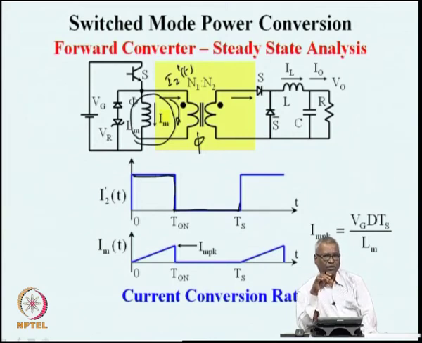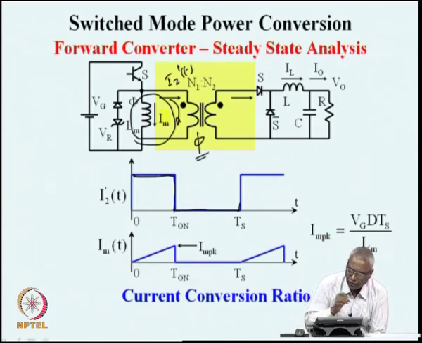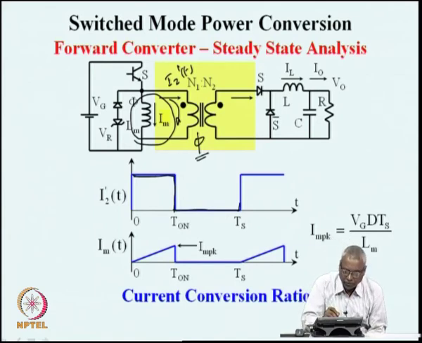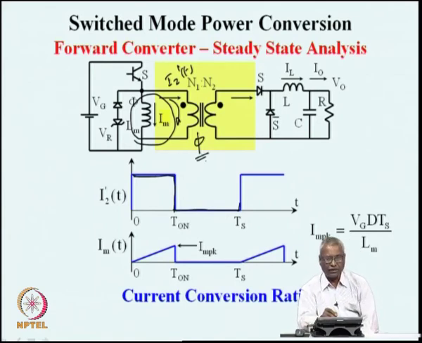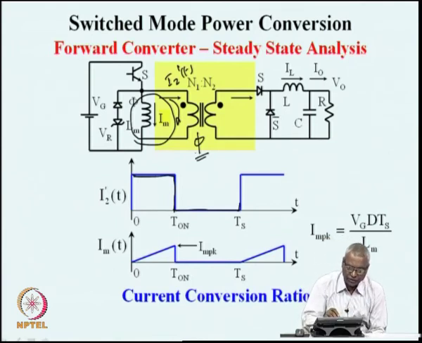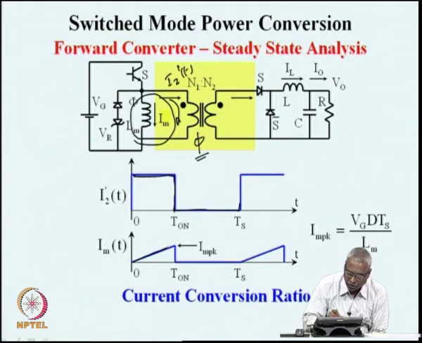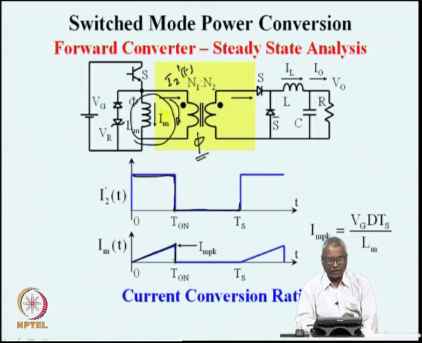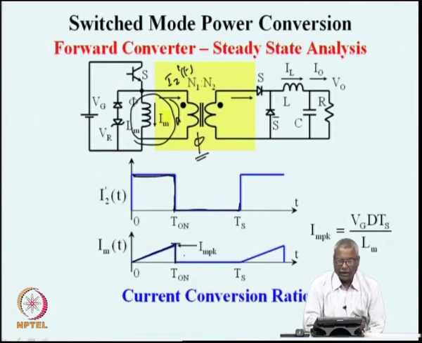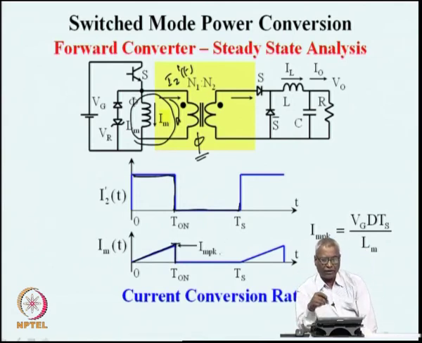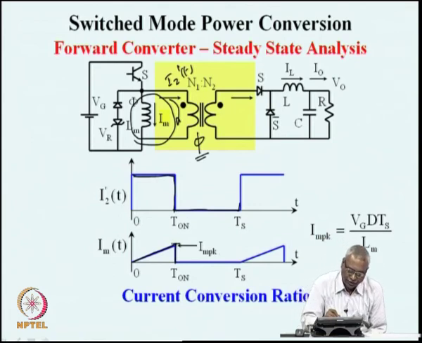N1 I1 minus N2 I2 is the net magnetizing ampere turns. The net magnetizing ampere turns divided by reluctance is the net flux. Now, if you see the magnetization process, because a positive voltage Vg is applied to the transformer during the on time, the magnetizing current increases, and corresponding to this Im peak, the magnetizing current peak, a certain amount of flux is established in